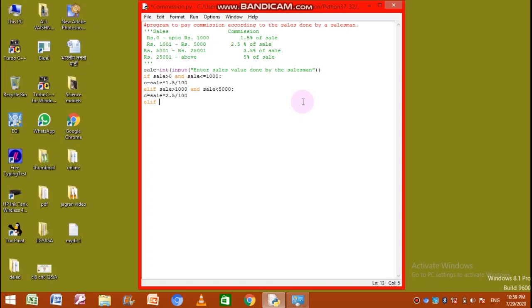Elif, otherwise we'll check if sale is greater than 5000 and sale is less than or equals to 25,000. It also should be equals to, because up to 5,000 we have to calculate. So now this time C will be sale into 3.5 by 100.